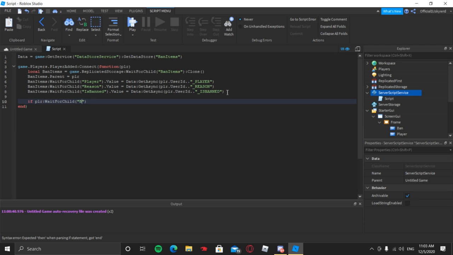Inside the quotation marks I'm gonna say ban items, and it's outside the parentheses and the quotation marks. I'm gonna do the same thing, colon wait for child, and then parentheses, quotation marks, but inside these quotation marks we're gonna say is banned, and outside the quotation marks and the parentheses we're gonna say dot